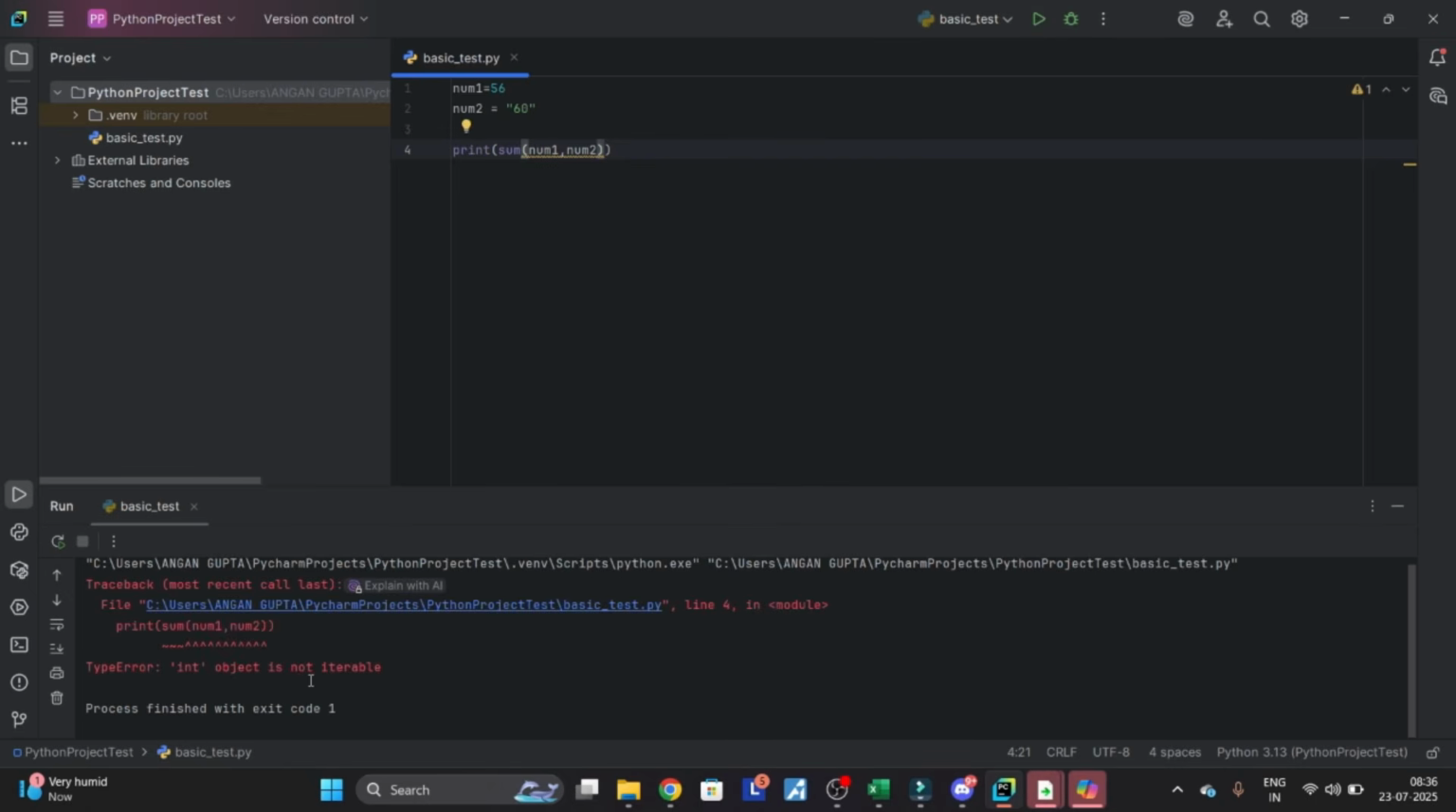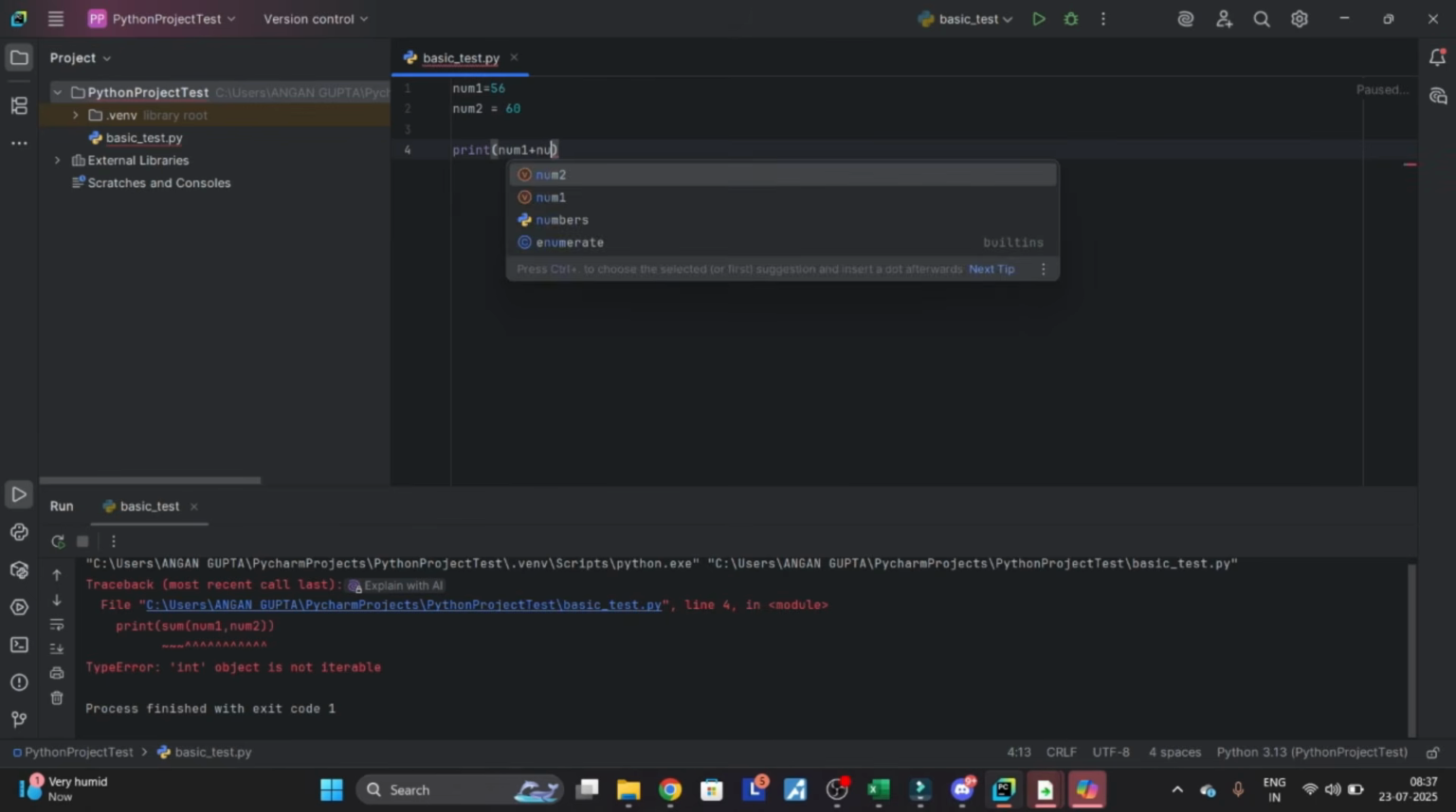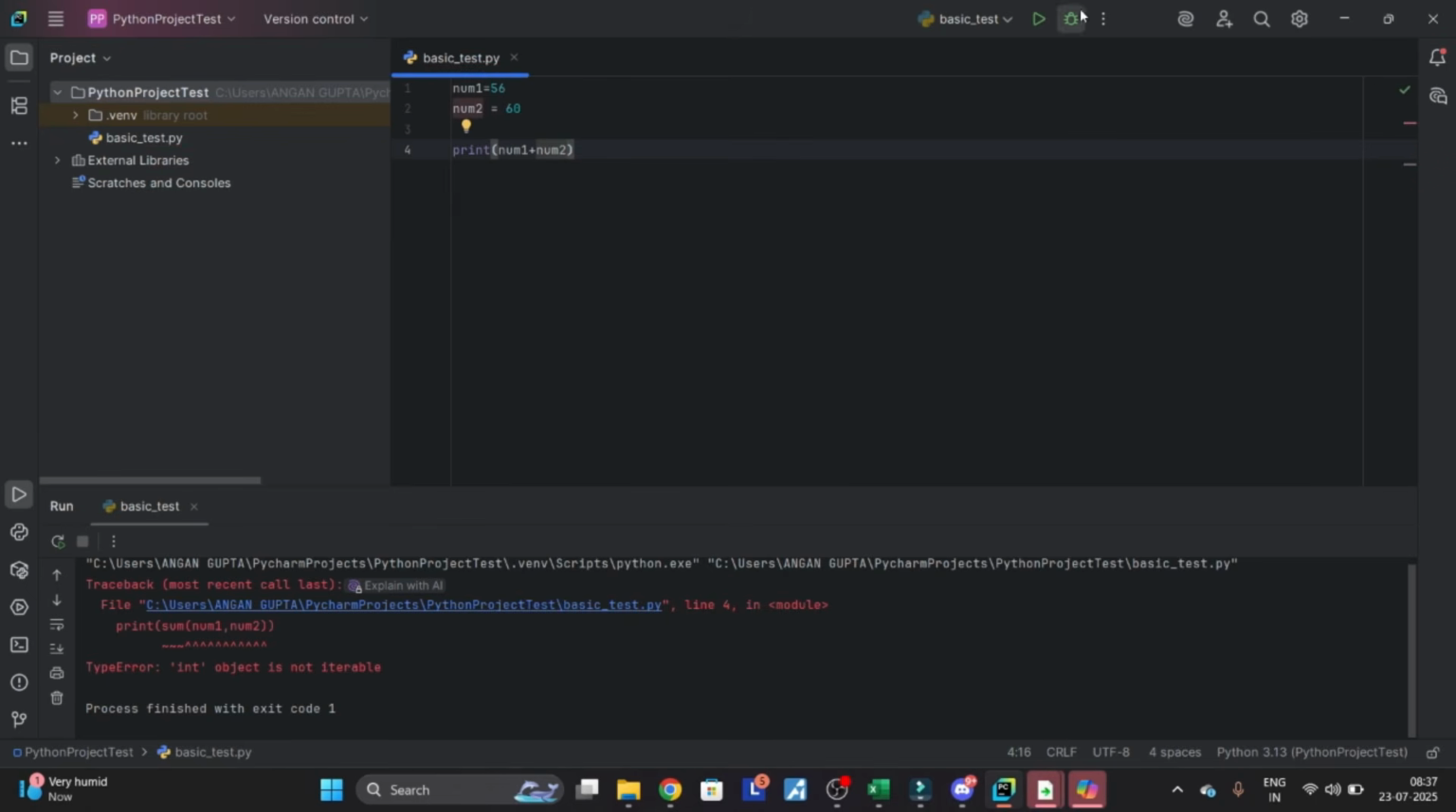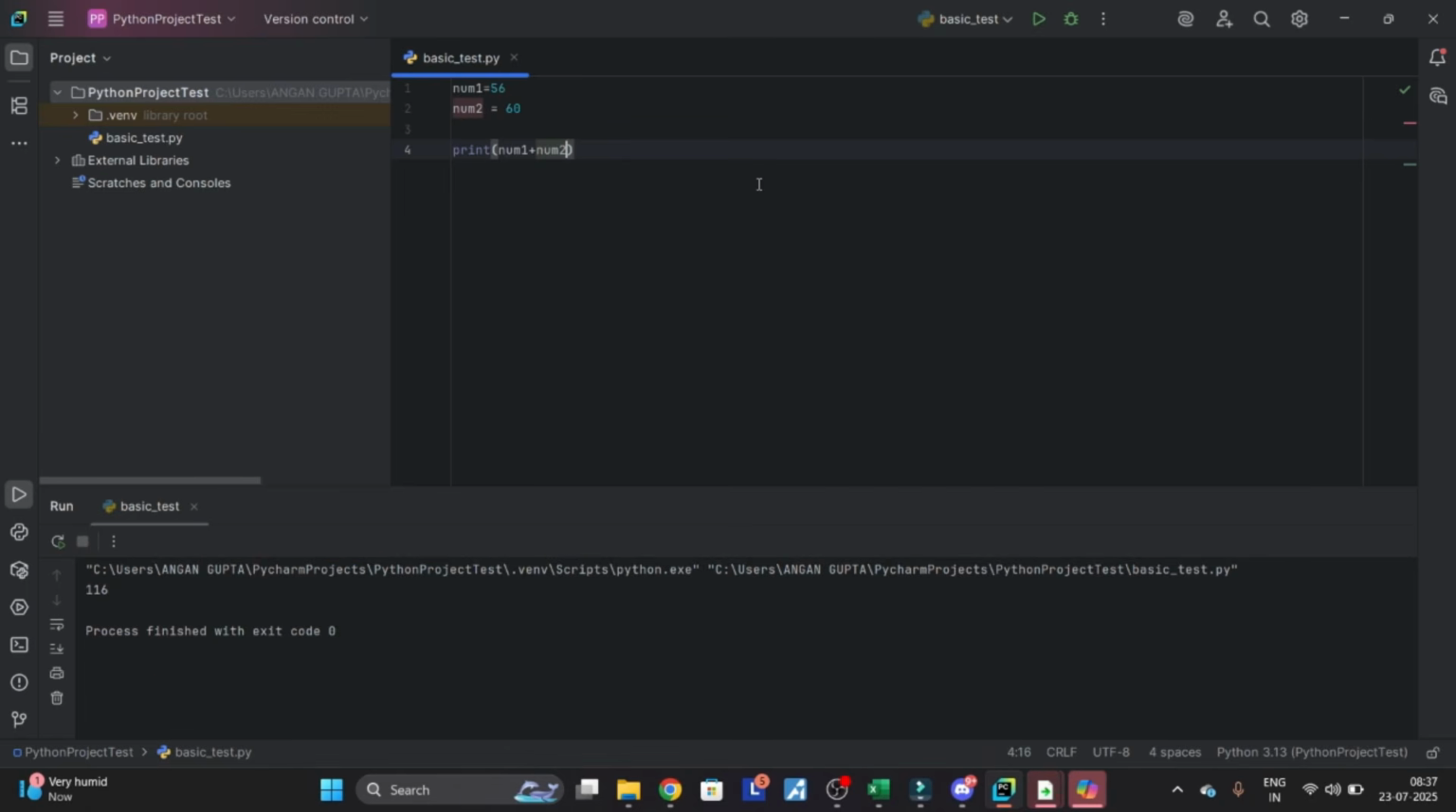See, it says int object is not iterable. Okay, so basically what we have to do is remove the double quotes. Then if I do num1 plus num2, it's going to give me the correct result. So that's a thing that we should keep in mind whenever we are operating on strings and integers together. Okay,